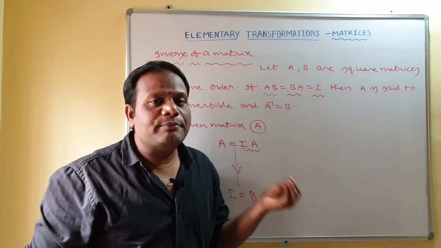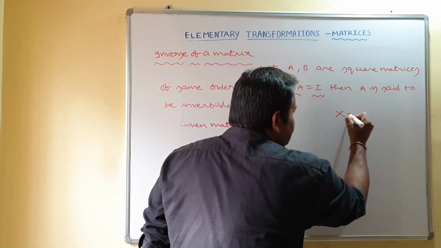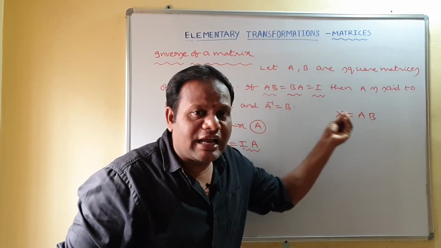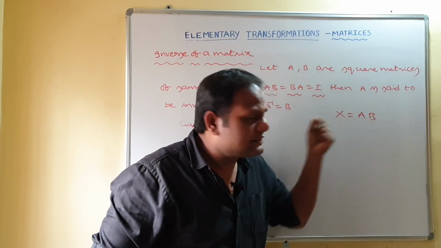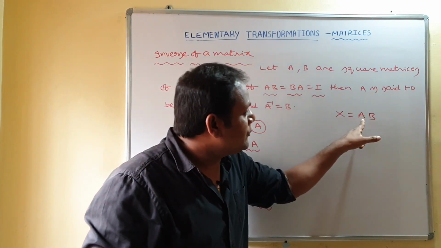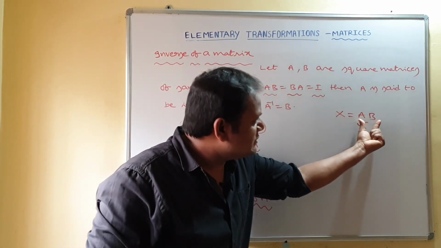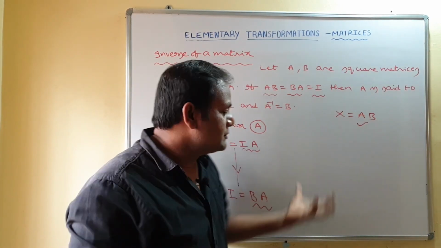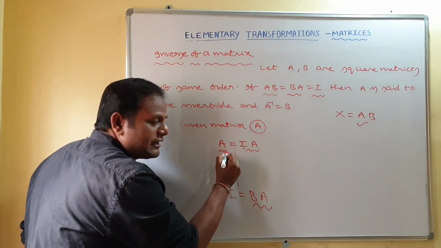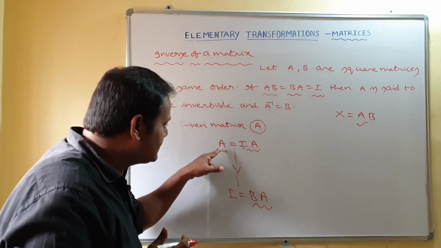Already, I told you in my last video, that on the matrix equation X equal to AB, if you want to apply elementary row transformations, on the right hand side, on what matrix will we apply that operation? That is, if you apply row operations, you apply them on the first matrix of this product. So here also same story. Anyhow, on the left hand side, you have to change this matrix into the identity matrix. So you have to apply some operations on this matrix.